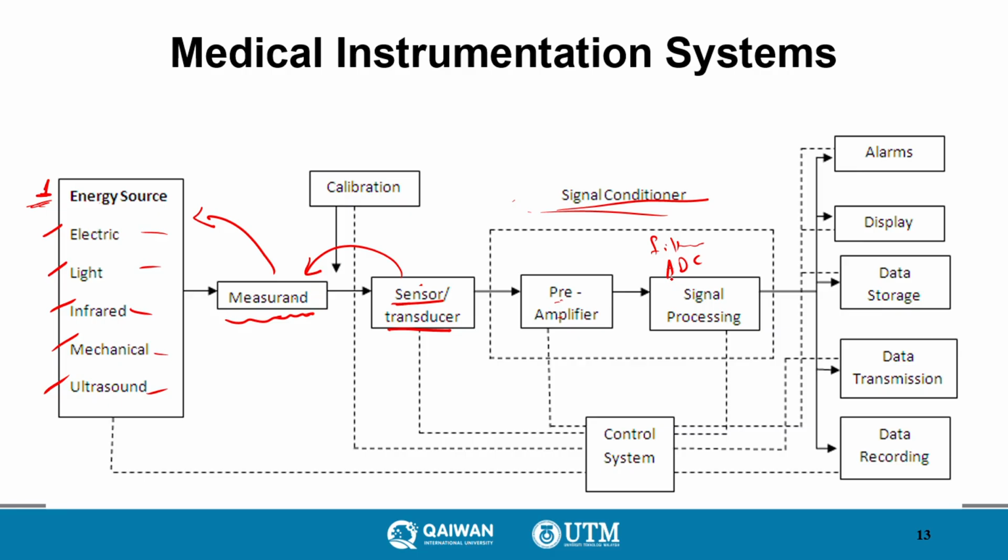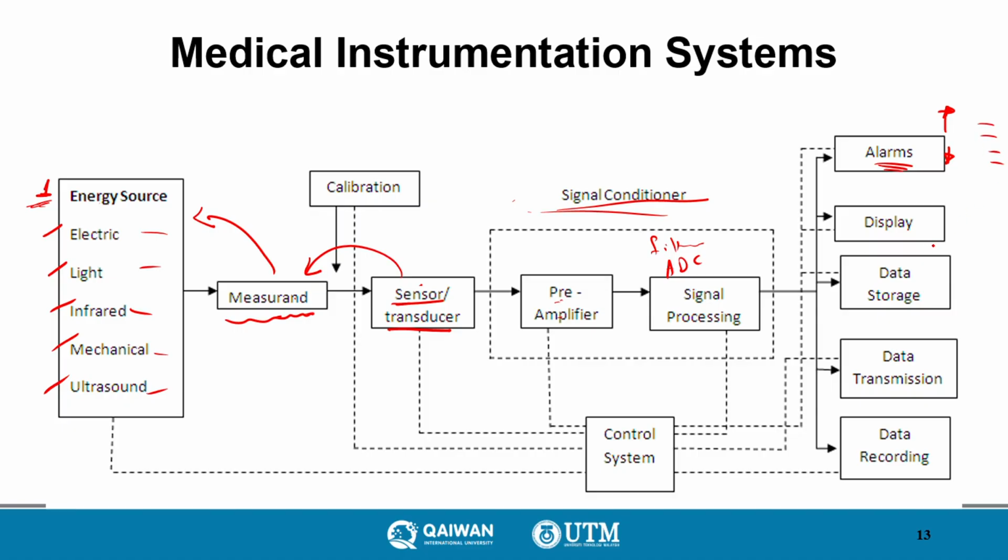The signal conditioner is the part where we amplify and filter the signal in order to make it understandable by us. Then the final stage of the system will be the alarms, higher value, lower value, or any elements that will be adjusted and set by the user,